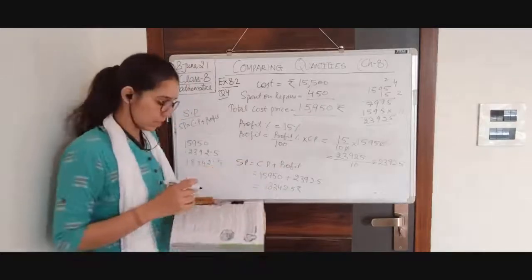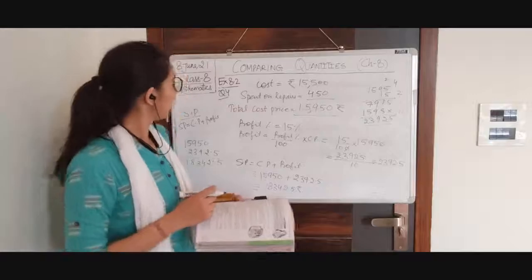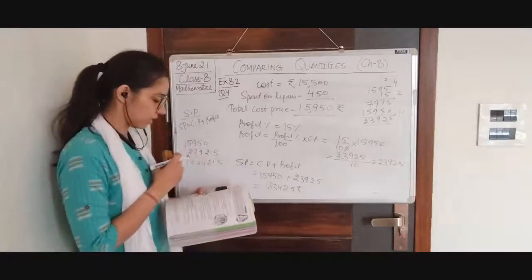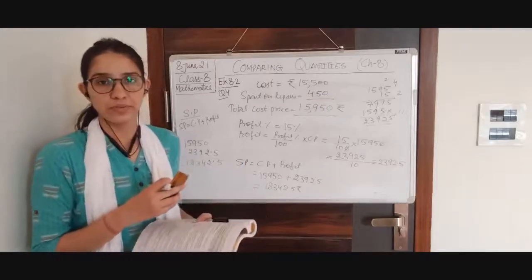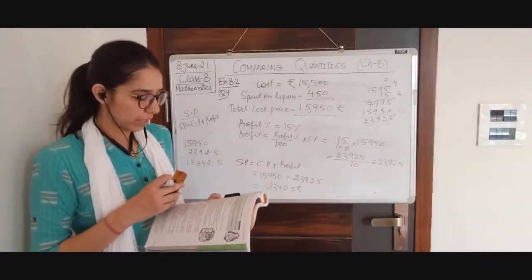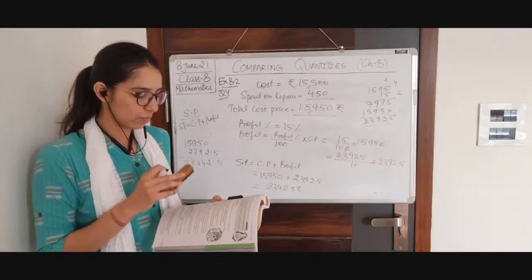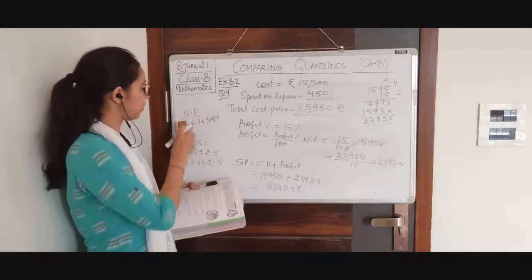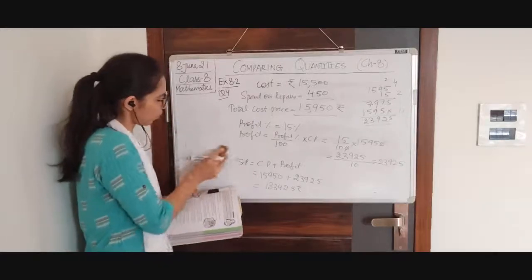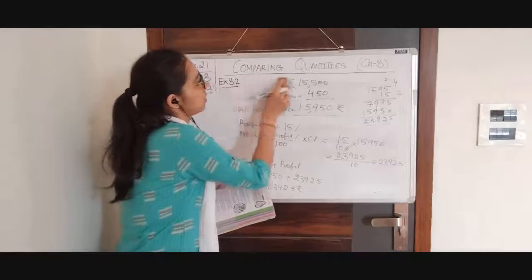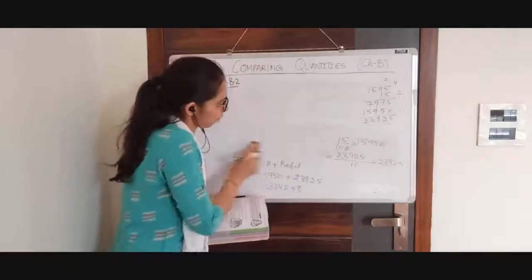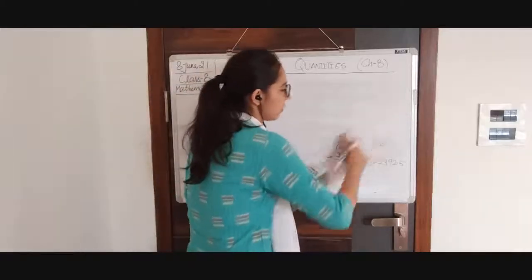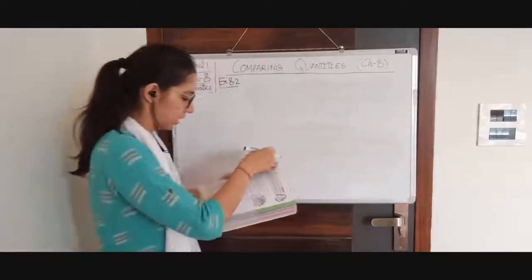Now question number 5. A VCR and TV are bought for 8,000 rupees each and shopkeeper made a loss of 4% on VCR and profit of 8% on TV. You have to find out actual gain or loss percent on whole transaction. He bought two things. On one he got loss and on one he got profit by selling it. You have to find out net gain or loss.